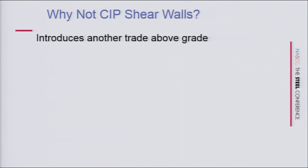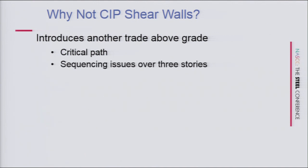Because what are all the problems we have with concrete cores? Well, for one, you almost introduce another trade. The guys who build foundation walls and footings are a little different crew with different equipment than the guys who go above grade with cast-in-place concrete. It's always critical path. You know, it's got to come out of the ground first. It's got to be there so that the steel can attach to it. There are pretty significant